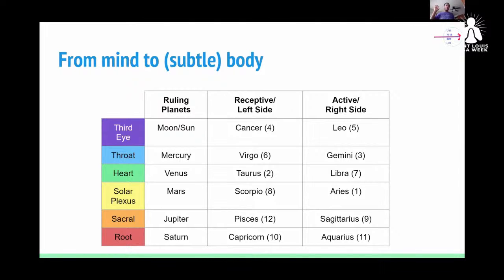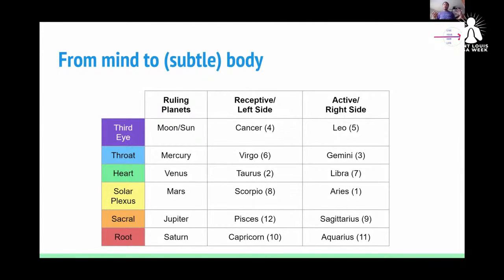So here we're going to move from mind to body. And really, we're going to start this in the subtle body, the energetic body, with the chakras. On the left-hand side in the rainbow Skittles chart, we don't include the crown chakra within the zodiac because it's sitting above everything. But from the third eye down to your root chakra, there are associations with different signs and with the ruling planets of those signs.